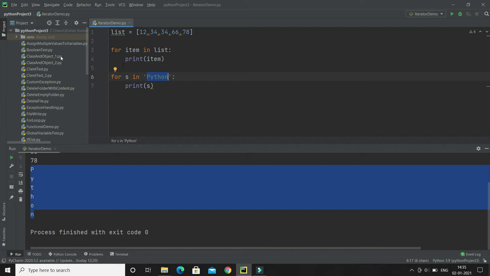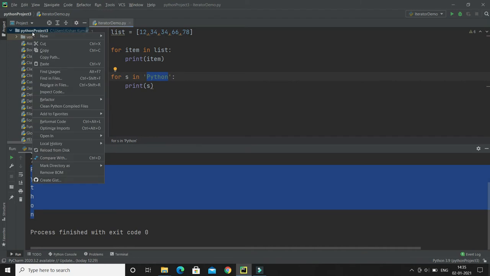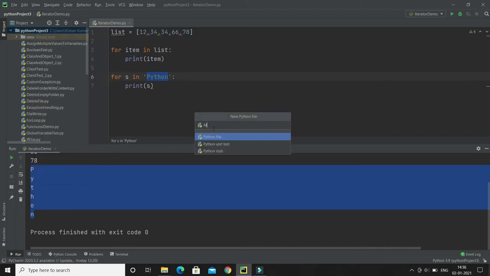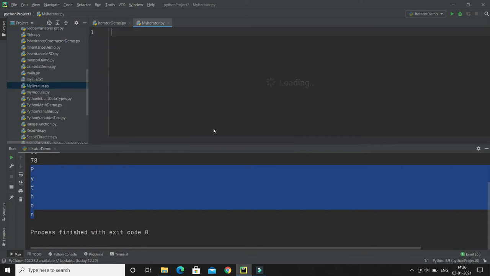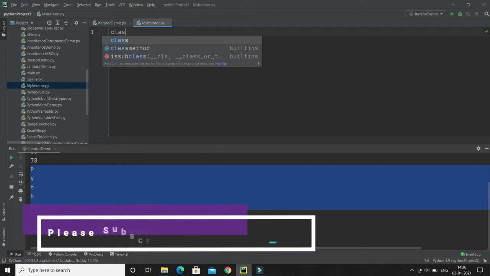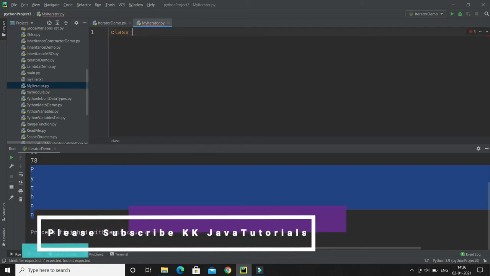So let's go ahead and create our own iterator class. I'm going to create a Python class, and you can give any name to this class. I'm going to give the name MyIterator.